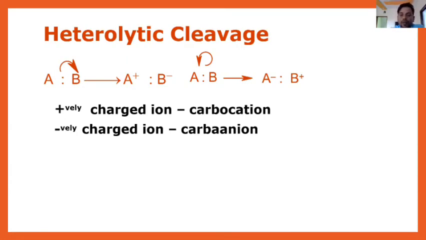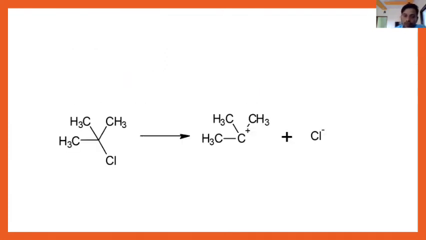In case of carbon, suppose you have broken the carbon-carbon bond by a heterolytic cleavage, so there is formation of carbocation and carbanion. For that purpose, take the SN1 reaction we have studied in the 12th standard: tertiary butyl chloride and its hydrolysis. Its hydrolysis goes through the formation of tertiary butyl carbocation plus Cl minus. So what happened? The bond is broken in such a way that both electrons are given to chlorine, and this carbon is electron deficient, so it is a carbocation, plus this is Cl minus.